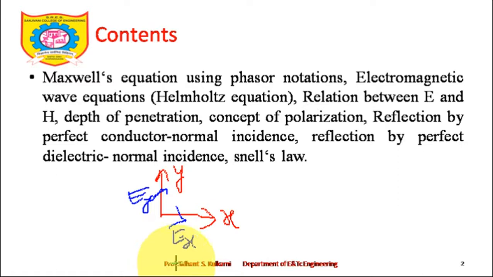So what should we do? Should we take the wave polarization along the X axis, or should we take the polarization along the Y axis? It should not be the case. When there are multiple components of the electric field, we need to take the resultant of these. According to the parallelogram law, if these are two vectors, there will be a certain resultant vector, and let's say the wave is polarized in this direction because it's the resultant of Ex and Ey. This resultant is the square root of Ex square plus Ey square, which you already know according to the parallelogram law.